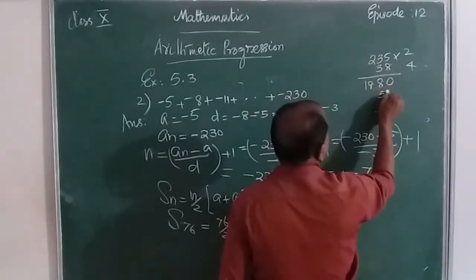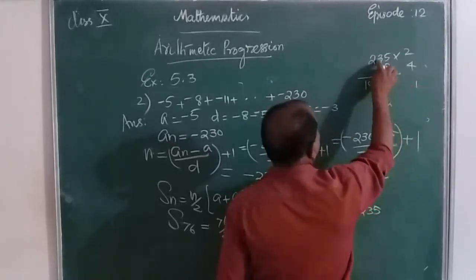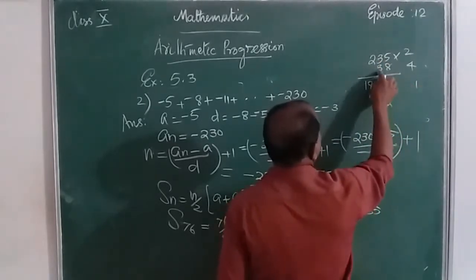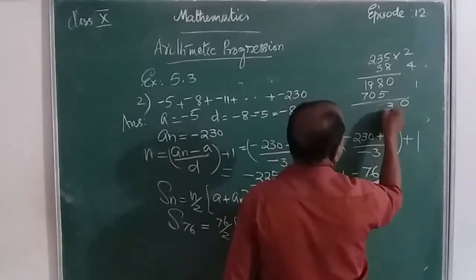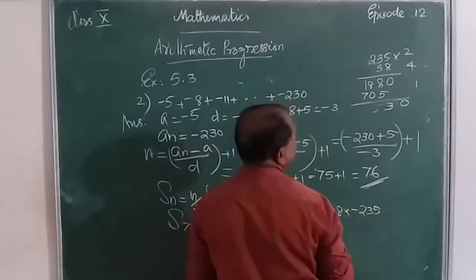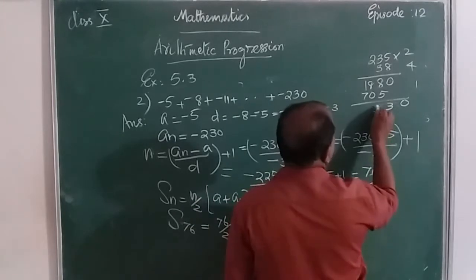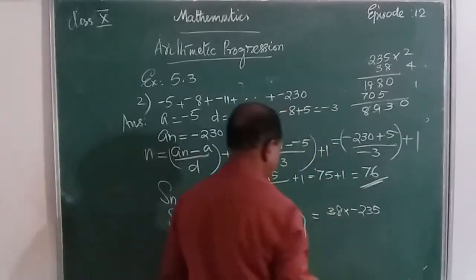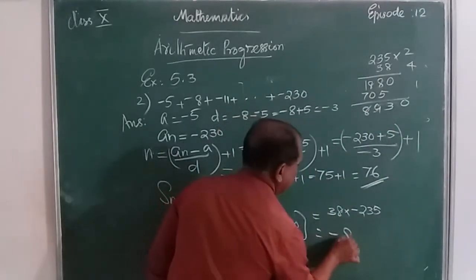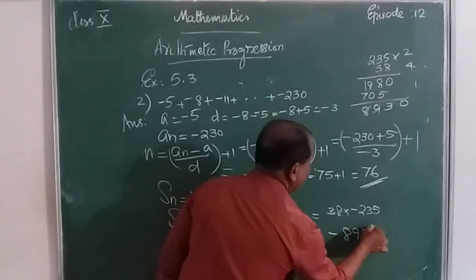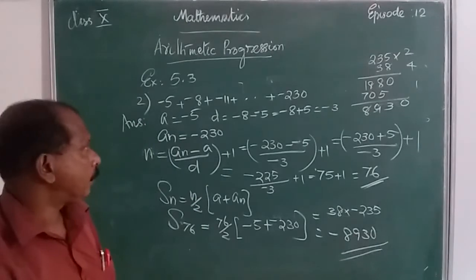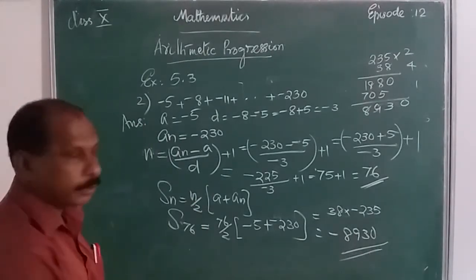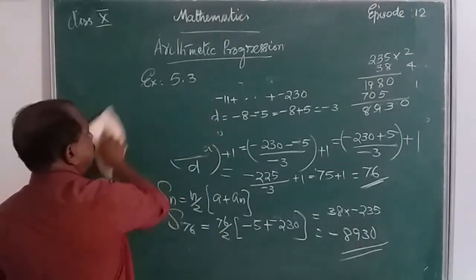Then 3 5s are 15. Remainder 1. 0, 3, 9, 8. That is equal to minus 8930. That is the sum of those terms. Clear? Then next let us consider